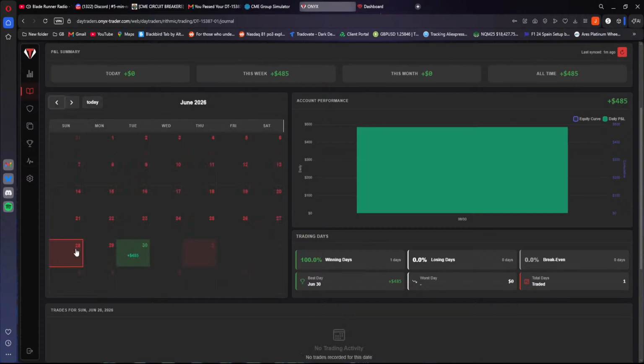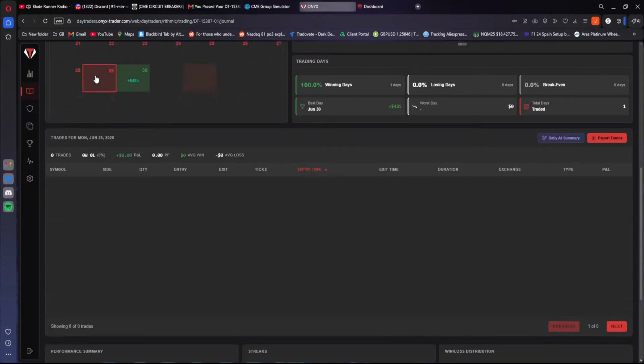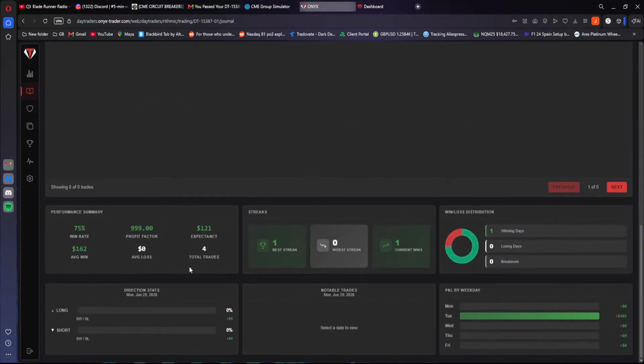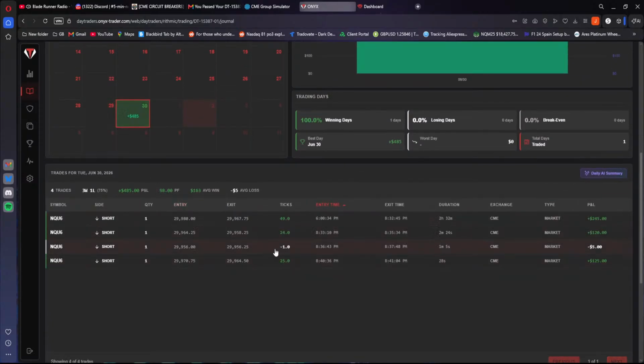I know I started on Sunday, Globex. So it shows no trading activity on that day, but it shows best streak 1, current wins 1. But I think it's based on that. Tuesday, it doesn't show anything again. Wednesday,